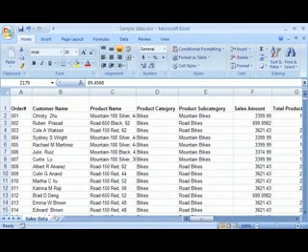This worksheet contains a detailed database of thousands of customer transactions. In the first row, I have added column headings to classify the information contained in each column. I also planned the worksheet so that the first two columns are heading columns to make it easier to identify